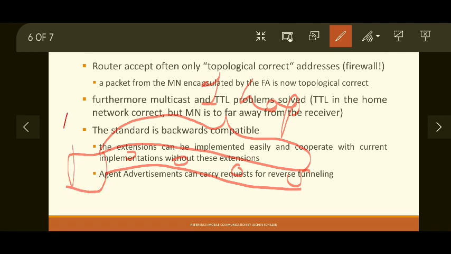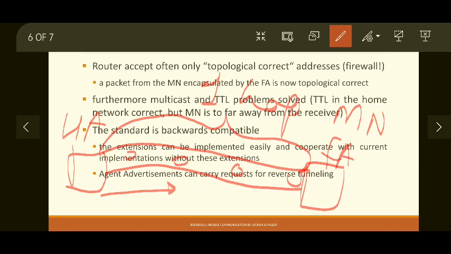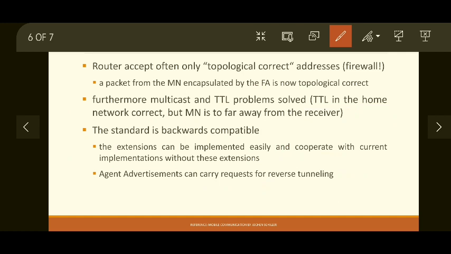Here we have the home agent, one hop, then the foreign agent, which is viewed as the mobile node location from the home agent's point of view. So the home agent understands that this packet has come only within the distance of one hop from the mobile node. So it is a correct TTL, you don't have to change any TTL, and packets can still be delivered to the destination. This is how reverse tunneling can solve the issues of firewall, TTL and multicasting.